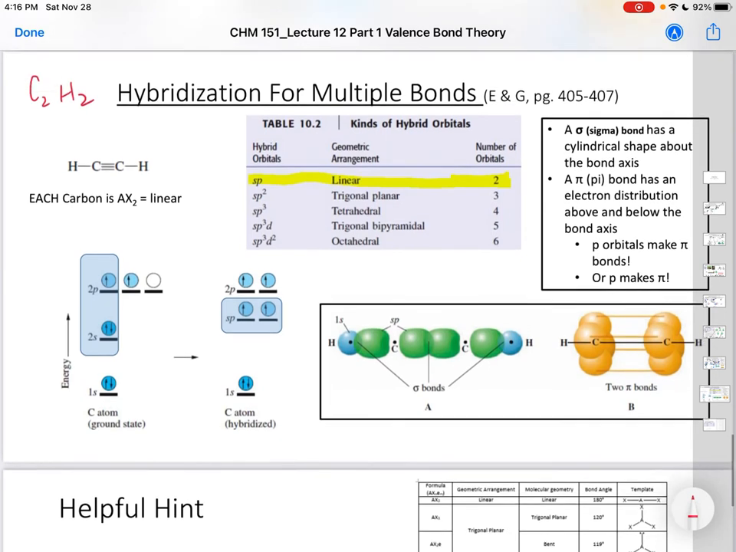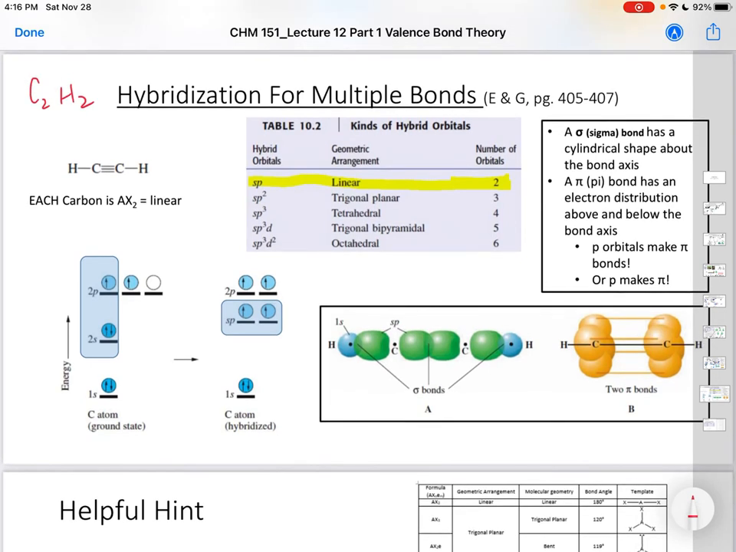Okay, C2H2 has a triple bond, and so if you're looking at this carbon here or this carbon here, choose one. Okay, let's choose this one here. It would be AX2, and there are 2 atoms attached. If you look at the other one, it would also be AX2 because there are 2 atoms attached. So each of these carbons is what we call linear in the geometric arrangement because it's AX2,